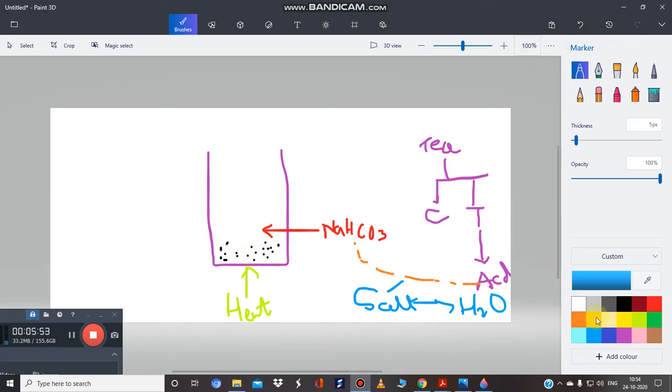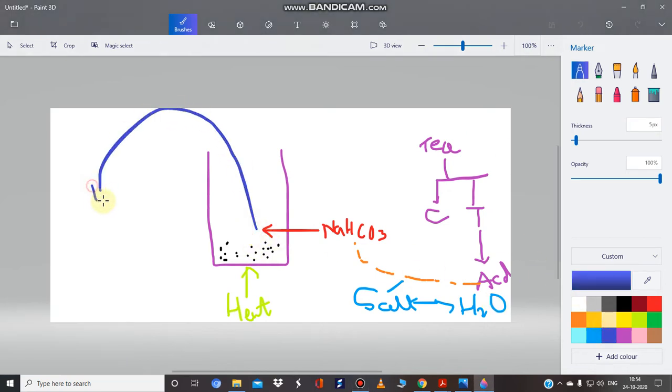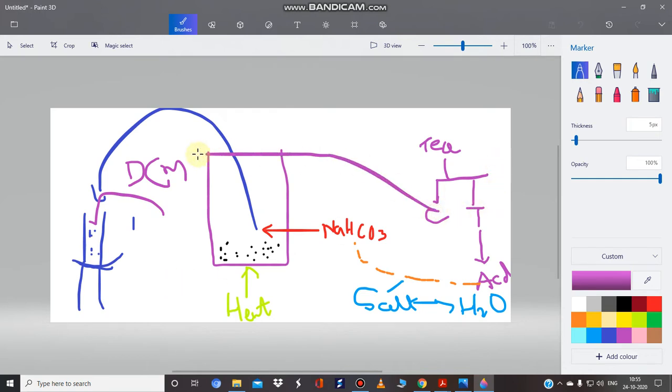We do nothing more, and in the next step we filter it. Then in the separating funnel, we add our filtrate, and add an organic solvent like dichloromethane or chloroform, and shake it. As we know, the tannins are now soluble in water, so they go into the water layer. And caffeine has solubility in dichloromethane, the organic solvent, so caffeine gets dissolved in this organic layer, and we can easily separate it out.